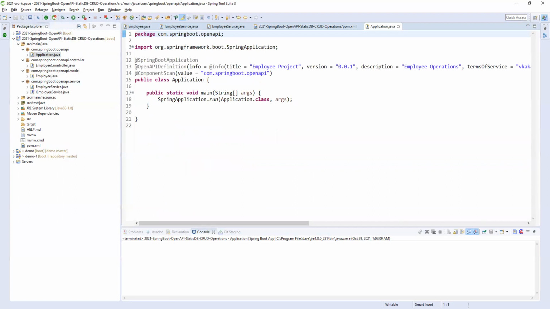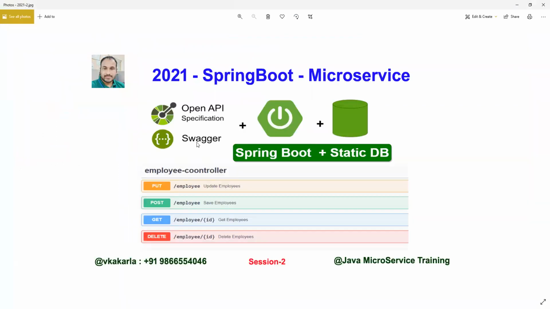Coming to the application class. Here the SpringBootApplication component scan is from yesterday's application. This is the base package we are giving. Fine, that is fine. So now we need to define what our application is. We are doing documentation with the help of OpenAPI, right? Previously we used Swagger. Now we are using OpenAPI specifications. Specifications is nothing but you telling something about your service, through one of the existing software components, with the help of OpenAPI specifications.